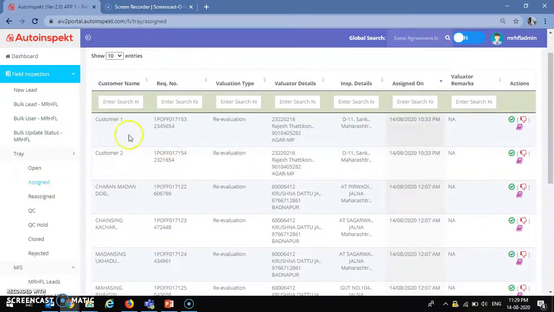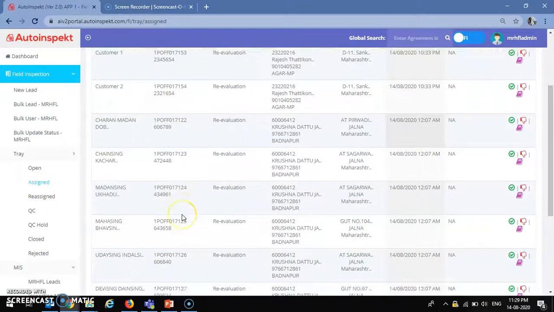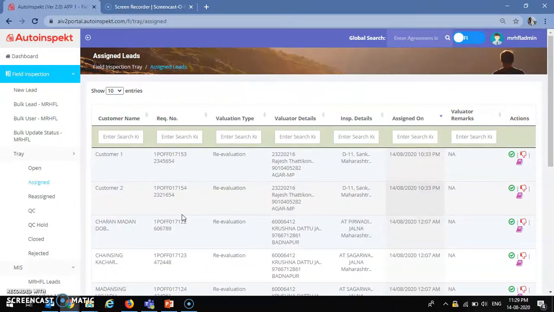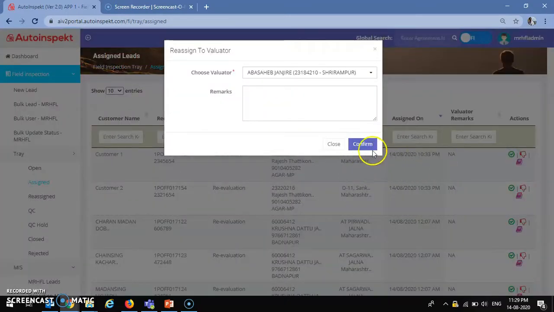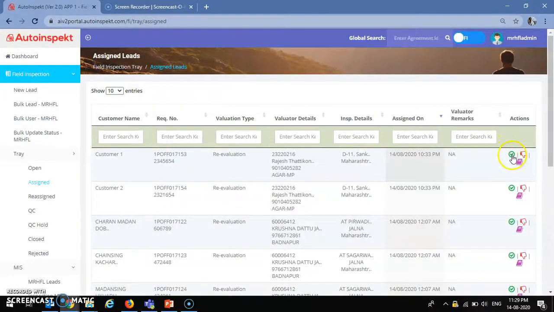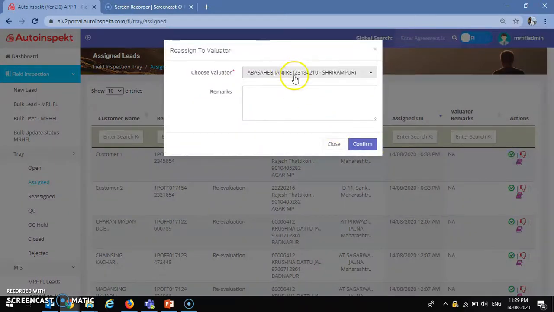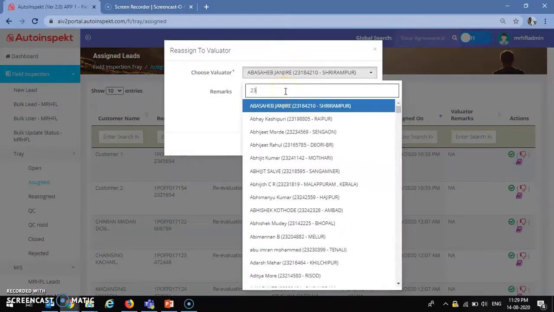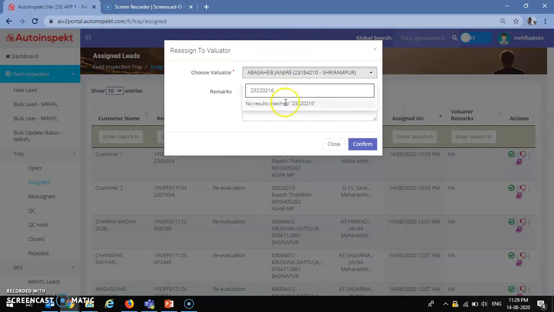You can see these leads have been allocated to someone on the mobile phone, and they have been assigned to that person. Now, what all things can you do in this tab? You can see all the information here. And in case a user is not able to do evaluation on that lead, you can simply reassign from this button, this green arrow. Green arrow anywhere is used to reassign a lead to some other user. You can simply click on it and put the SAP code to which you need to reassign it to.